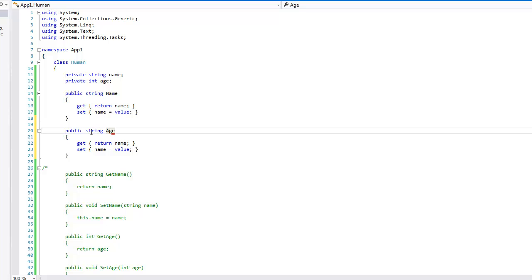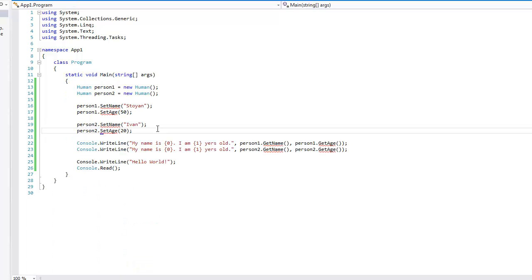Age return, of course this should be int, integer, return age, and age equals value. Okay, so another step to improve our code.